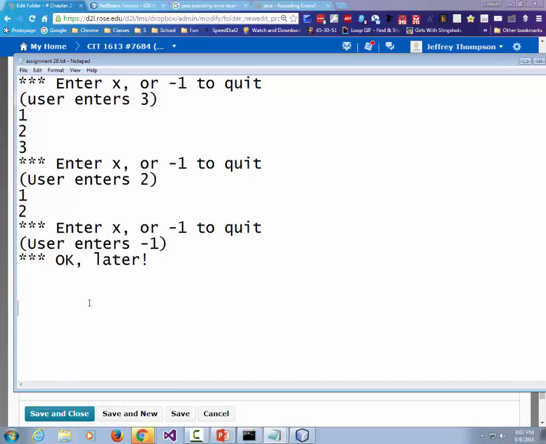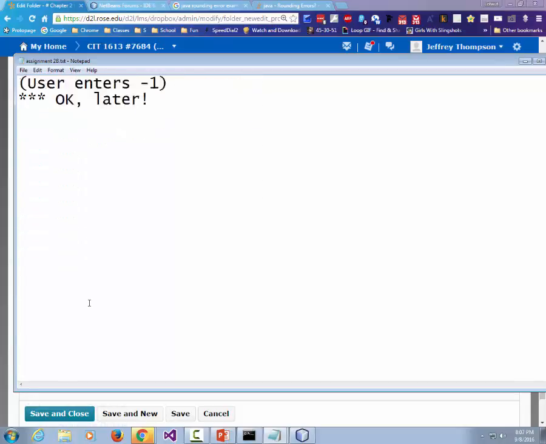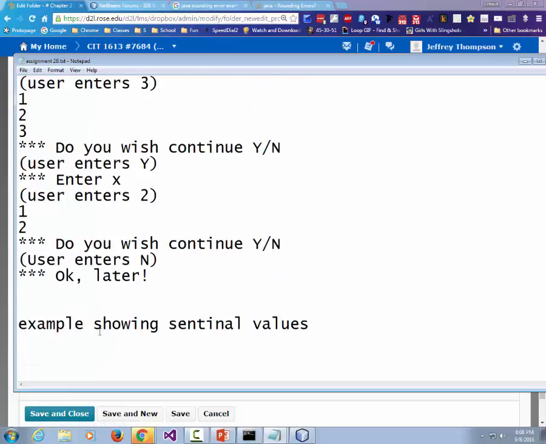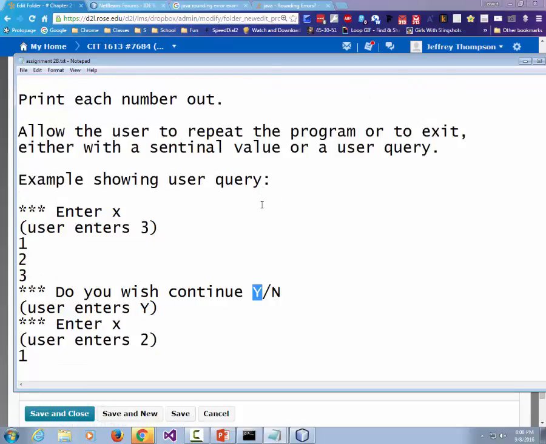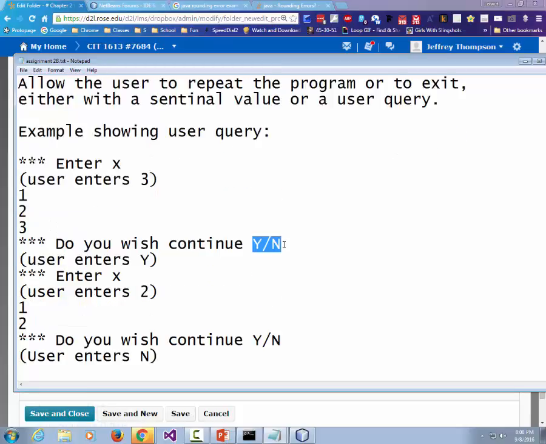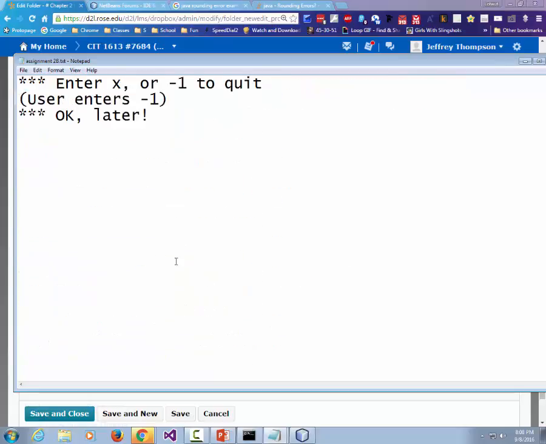I almost don't want to put this in the same document, but an example of one versus an example of another. We're going to change this to y and n. Okay, so string repeat